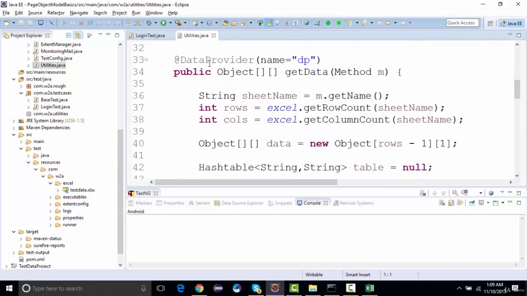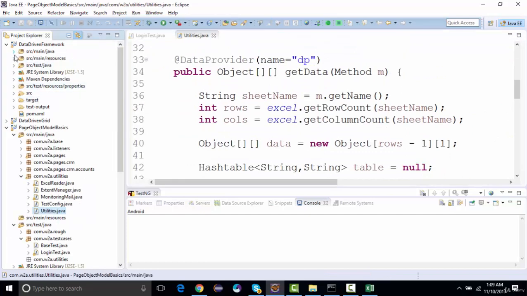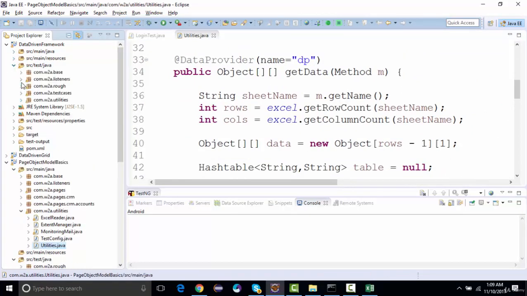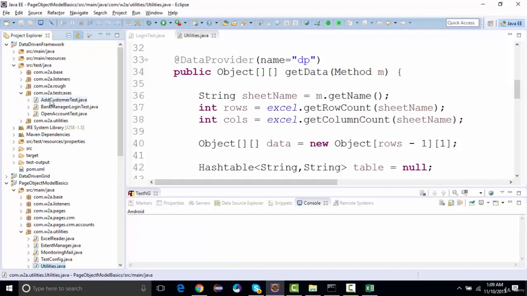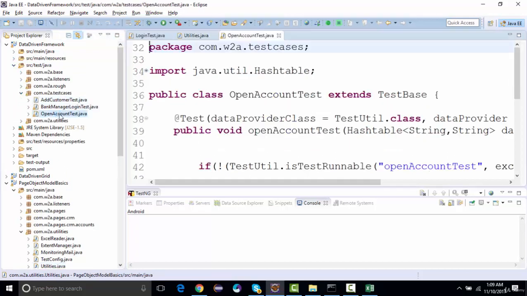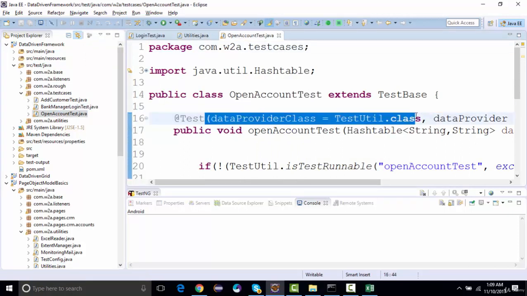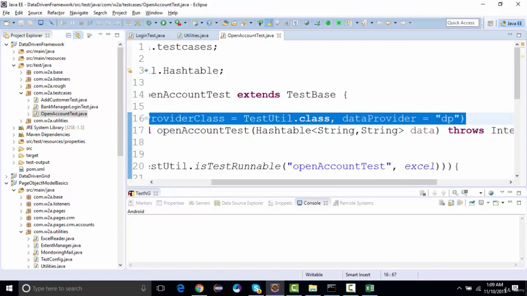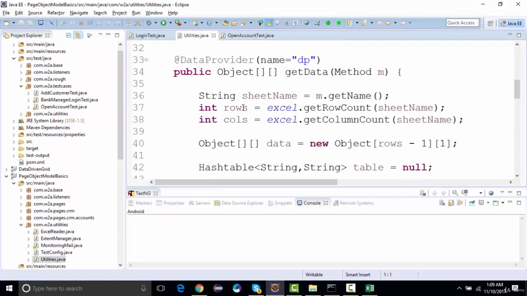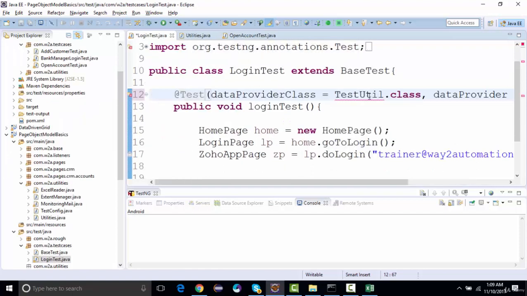Like we have done in the data-driven framework initially, in test cases we were specifying that the data provider class is test util, that is our utilities in page object model, utilities dot class, and the data provider is TP. Same way, if you take a look at utilities, we have given the name of the data provider as TP. So I'm going to mention the class name as utilities,